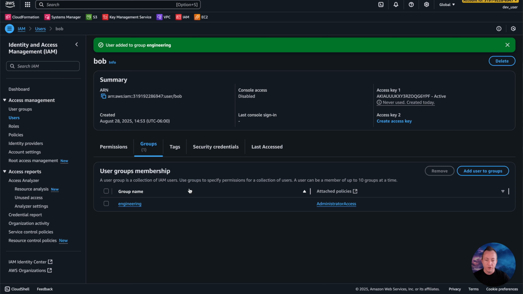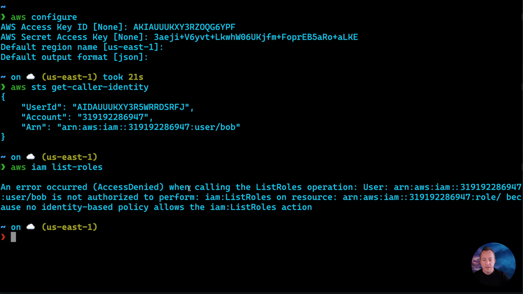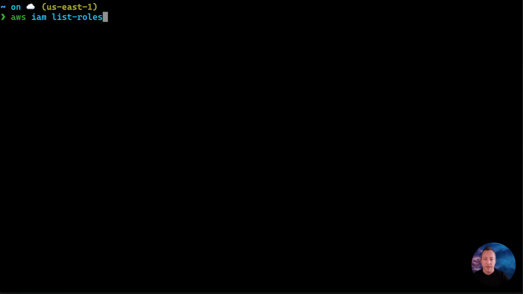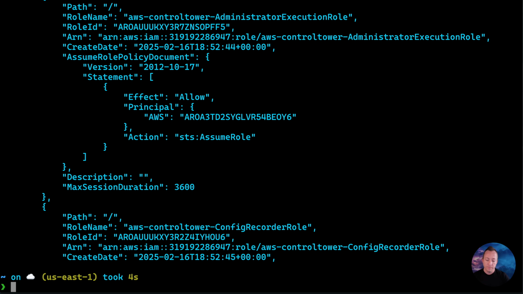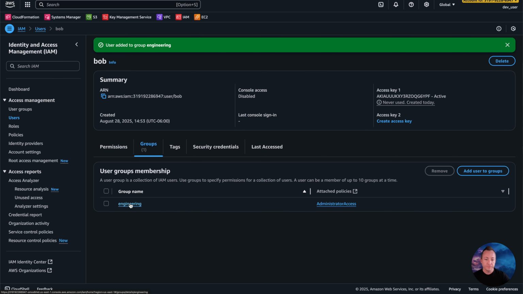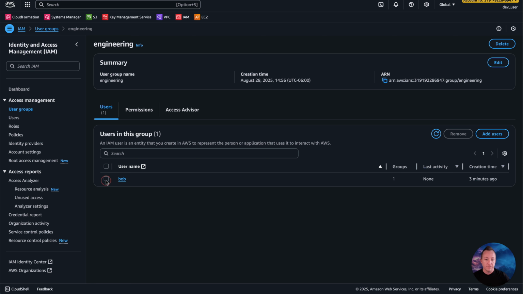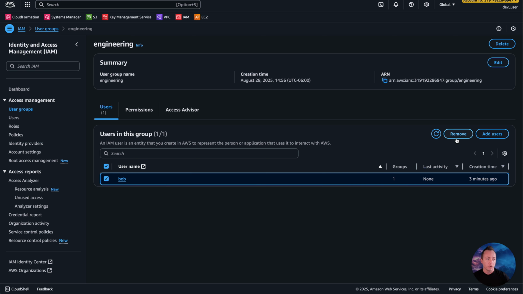All right, so now if I go back to the AWS console, I'll clear the screen first and try to rerun that command. Now we can actually run commands because now we have permissions, all thanks to that group. Now, if I go back here, we'll go into the group, and then if I remove Bob from the group,